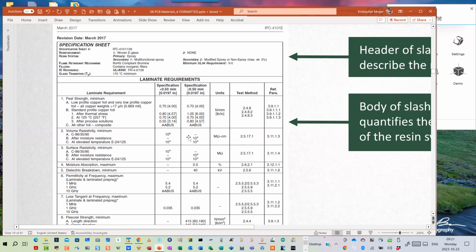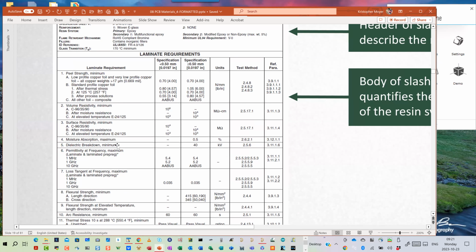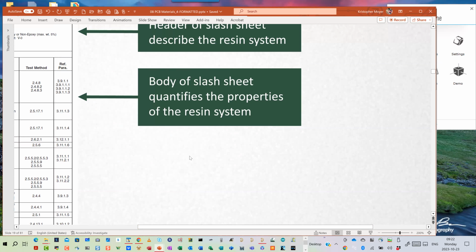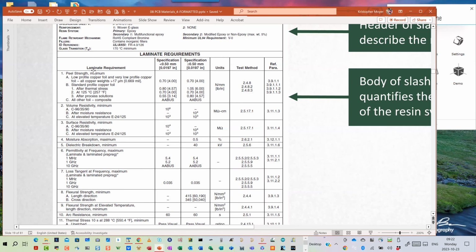Again, we will also see that, just like the data sheets that we're going to get for our electrical components, the body of the slash sheet quantifies the properties of the resin system itself. Definitions such as peel strength, standard profile copper foils, volume resistivity, surface resistivity, moisture absorption rate, dielectric breakdown, permittivity, loss